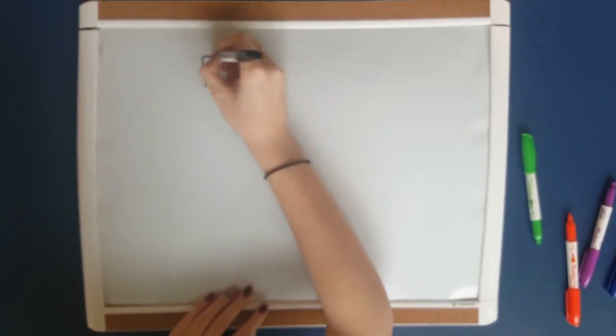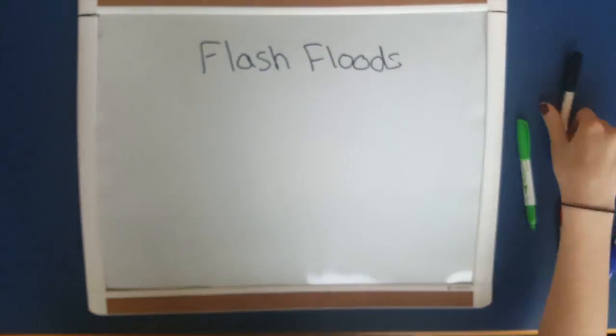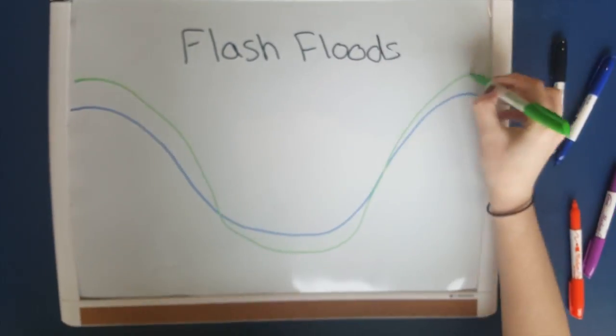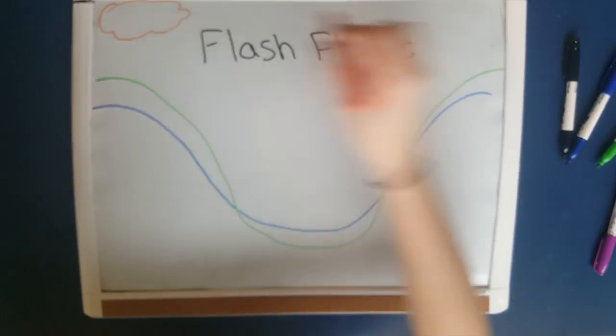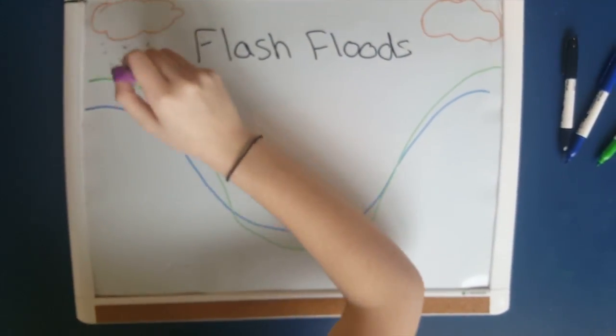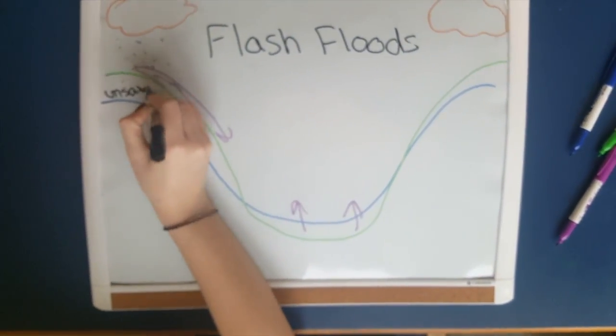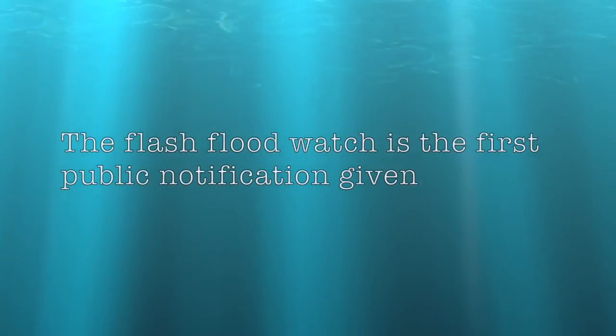One type of flood is a flash flood. Flash floods occur when there is excess rainfall over a short period of time. The rainwater accumulates faster than it can soak into the ground and runs into streams. Flash flooding is more dangerous than prolonged flooding because it happens quickly and people can get trapped in the flood.